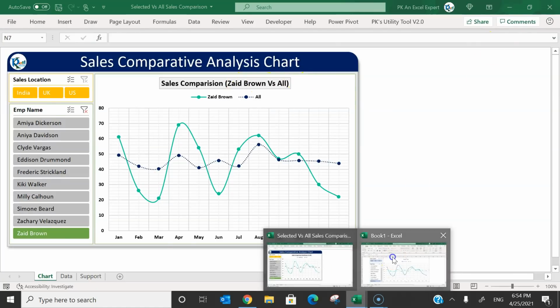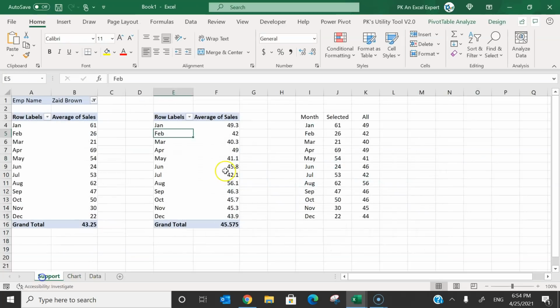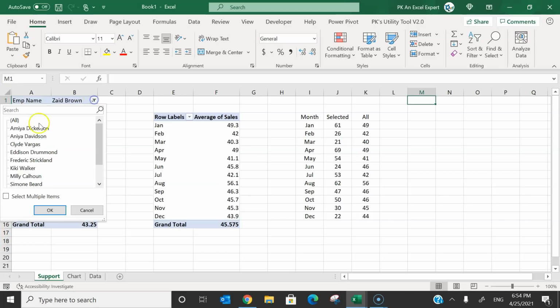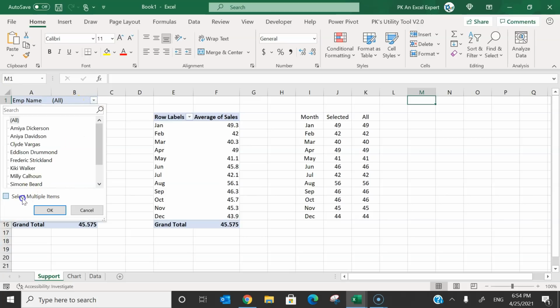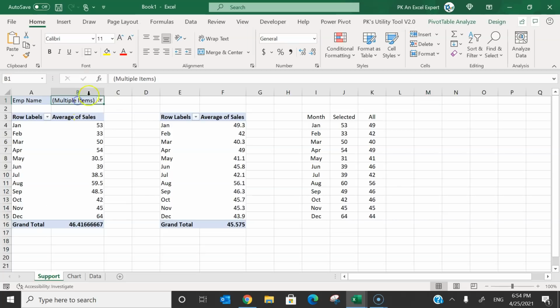Okay, so what we can do, let's go to the support sheet, and here we will put a formula. If we have selected all, then it will display all like this, or if we are selecting, let's say, multiple in the slicer also, then it will show multiple like this.